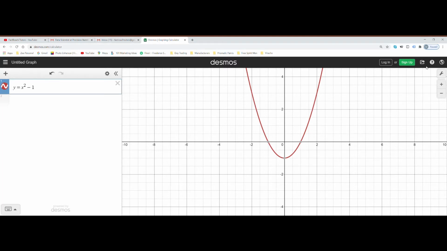So I showed you on the graph that when you come from the right side and the left side, the y value is getting closer to 3. So explain why the limit of y equals x squared minus 1 exists as x approaches 2 and give its approximate value. So the approximate value is 3, and it exists because both the